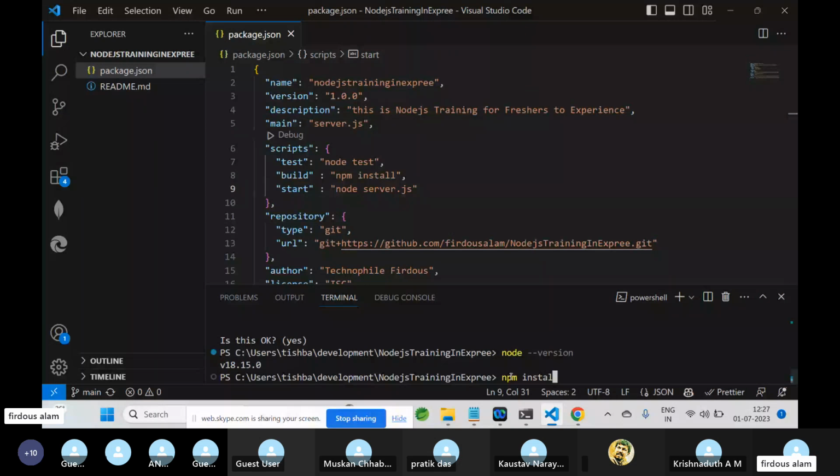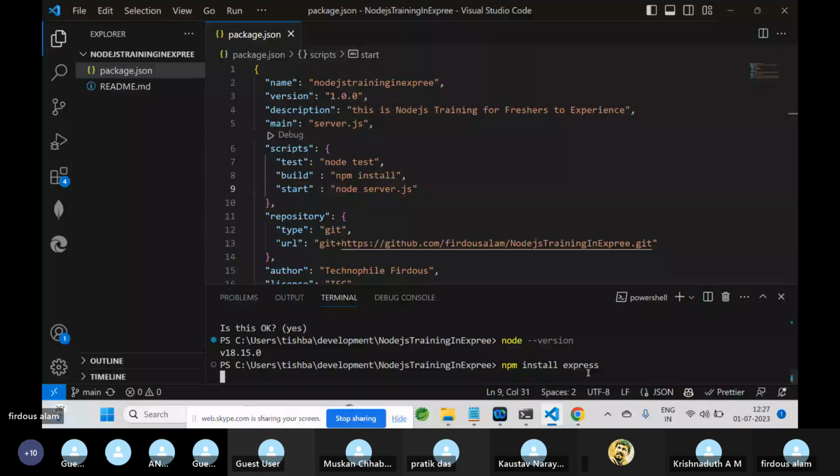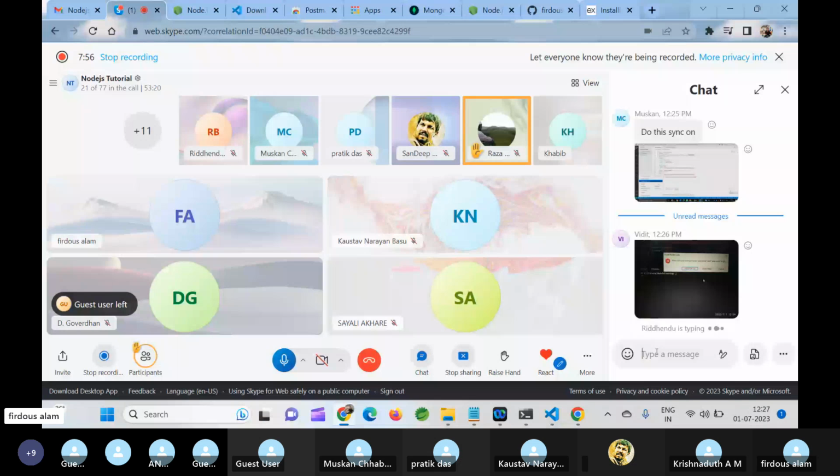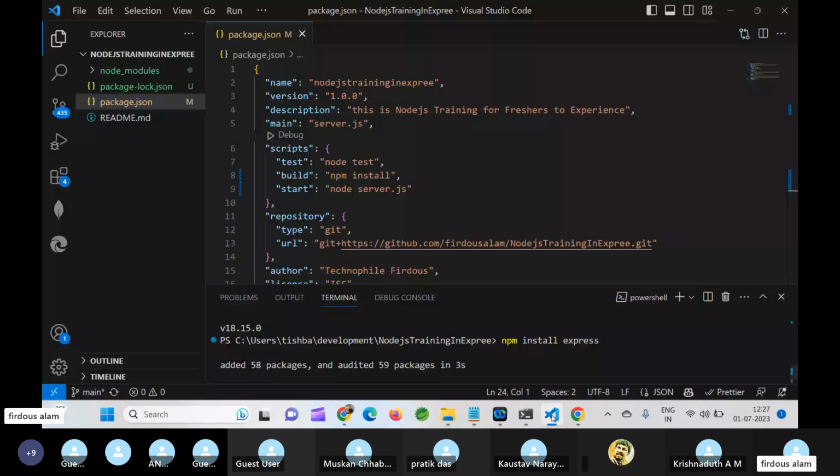So we will type npm install express. Everybody, please install Express in your machine.